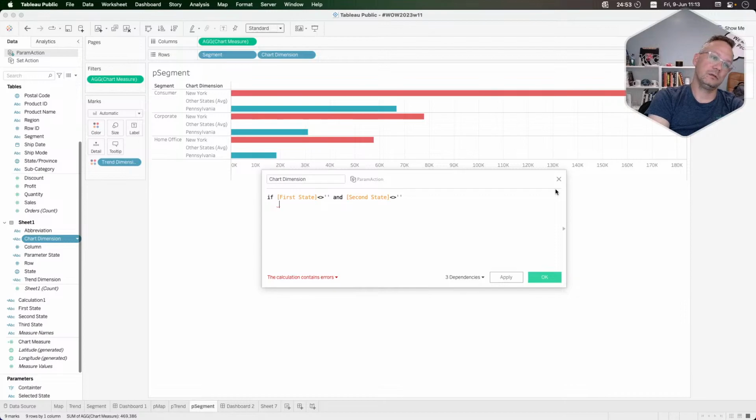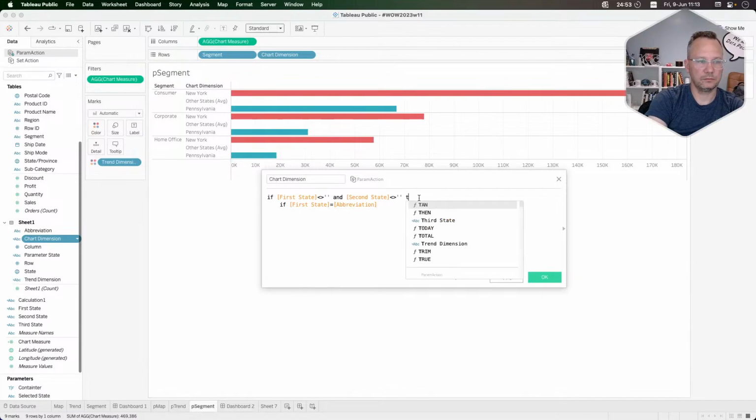We want, that means that so then if first state equals abbreviation, then give me the state name, else other states average, and